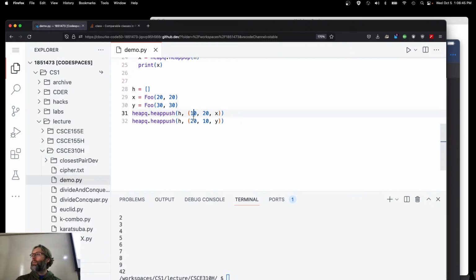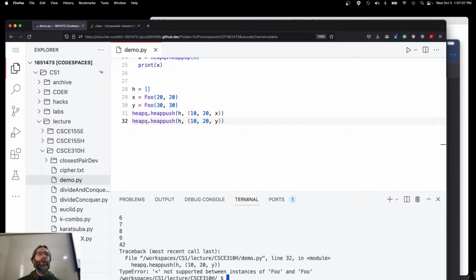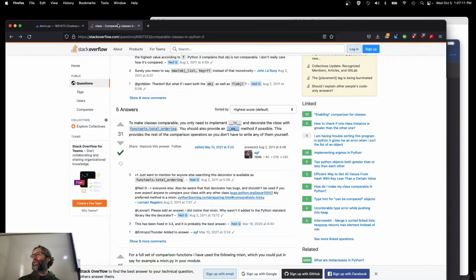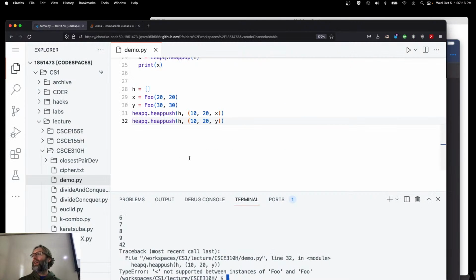Right? If you have ties, 10, 10, okay, I need to go to the next thing in the tuple. 10, 20, okay, I know what those are too. And 10 comes before 20. But then if there are absolute ties everywhere, right? Then it goes to the third one, x and y, and then we're back at square one, where we don't know how to compare foos. Right? So you might as well start off doing this anyway. Right? Or the other solution is,